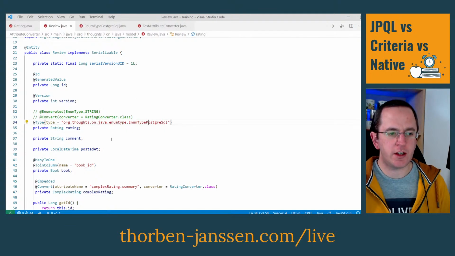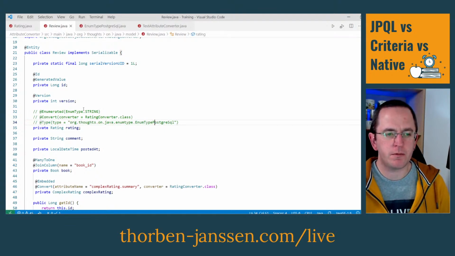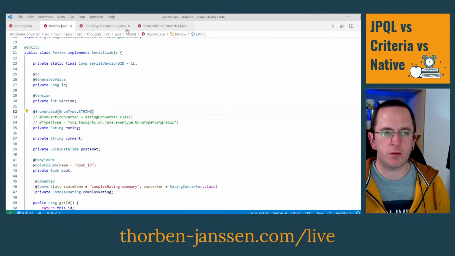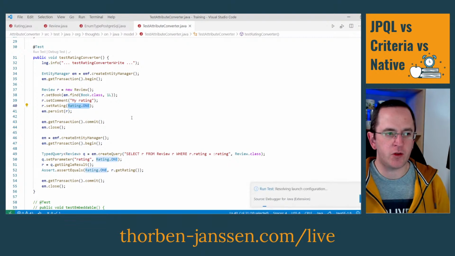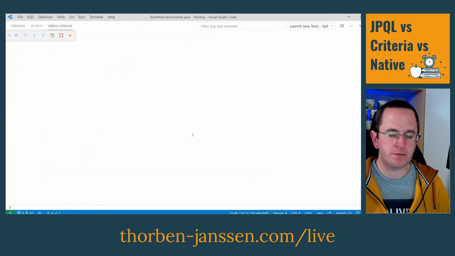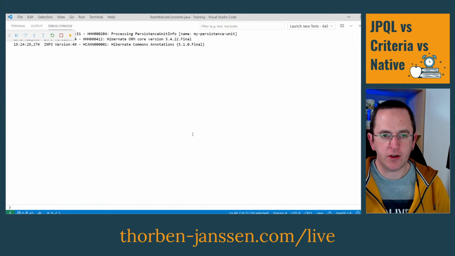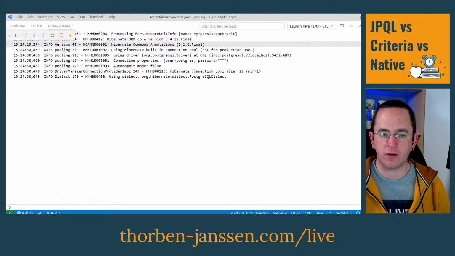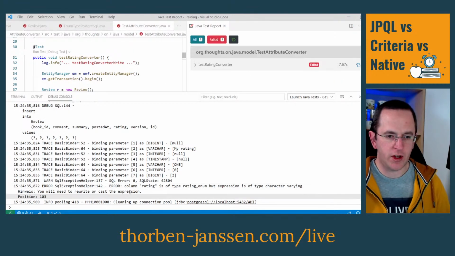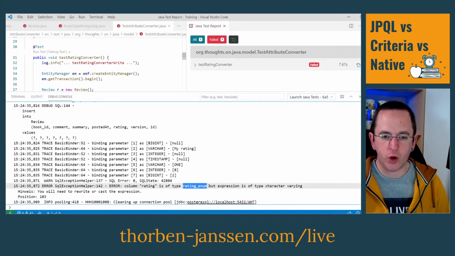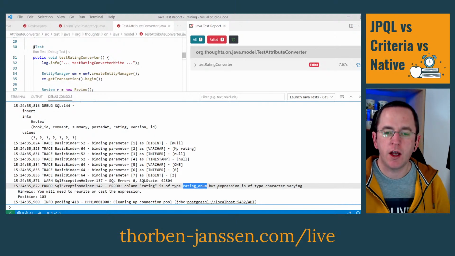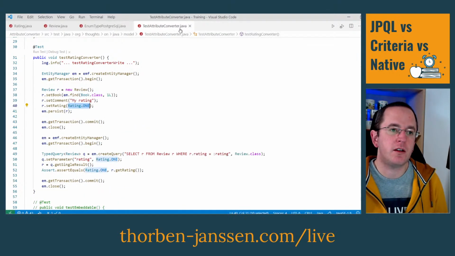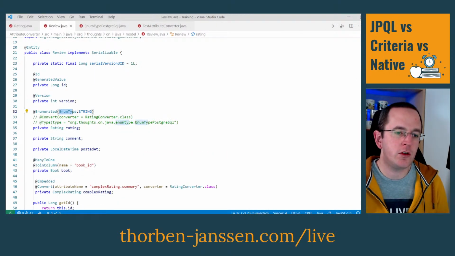So let's quickly go back to the enum. Let me quickly change that back to enum type string and no custom type, so that you can see that it doesn't work without the custom enum type. Now run the test case. We should see an error message that tells us that the data type doesn't match. That is, error: column rating is of type rating enum, which is the one we just created, but expression is of type character varying. Yeah, sure, because we said that we wanted to use the enum type string as the